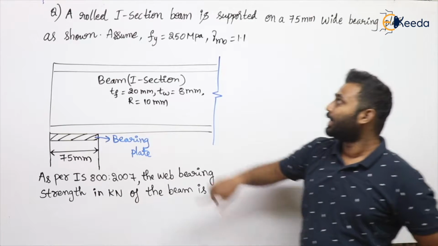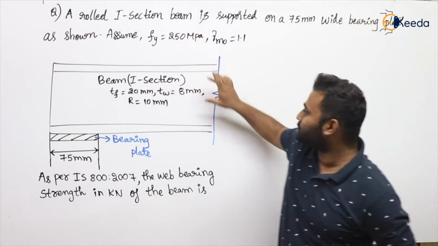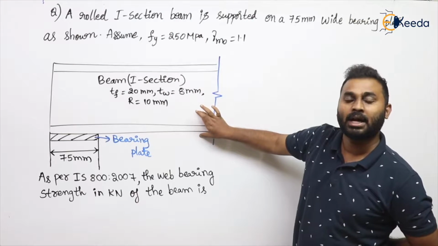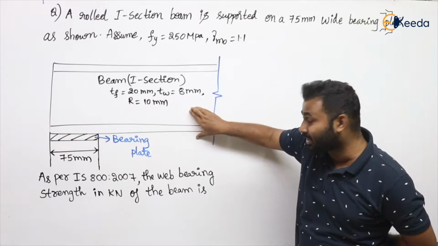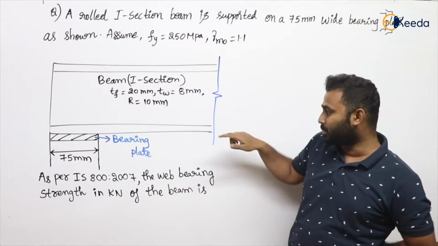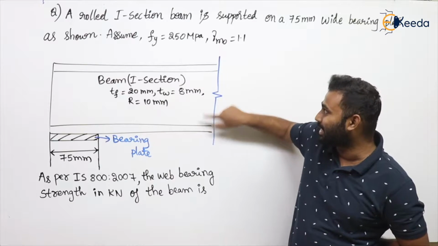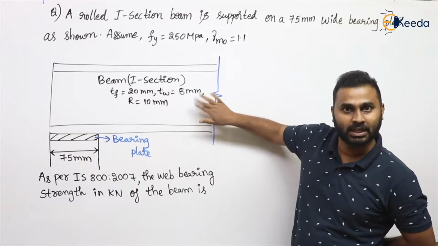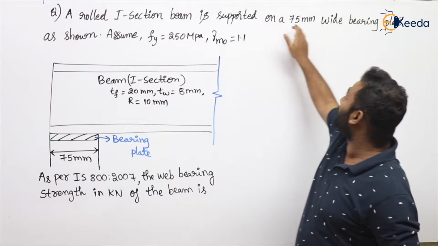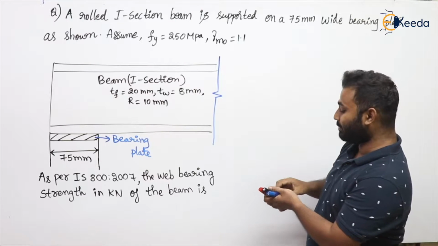Go through this question. A rolled I section beam. So this was the I section, and the longitudinal view of the I section was given in the question. These two lines are the flanges, and this is the web of the I section. Clear everyone? Is supported on a 75 mm